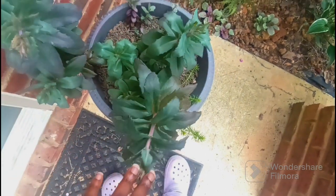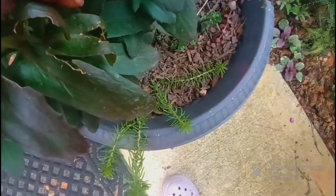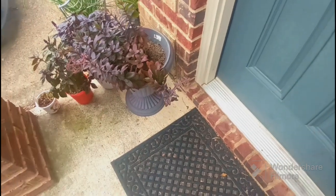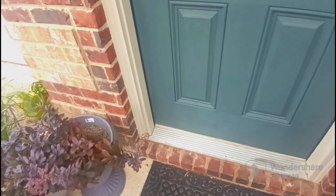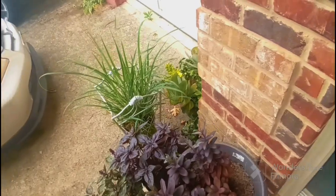I don't know if this one's getting less sunlight. I don't know what's going on, but the sedums in the pot around it are also bigger and more full than this one. So I don't know, and I do switch them out, so I don't understand what is going on, because like I said, I do switch them out. But going on over here,